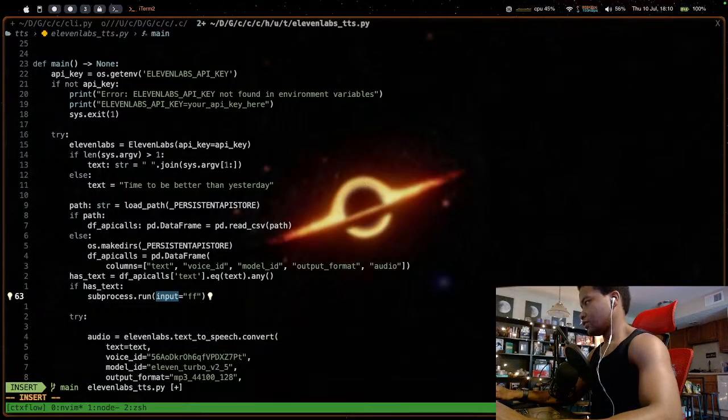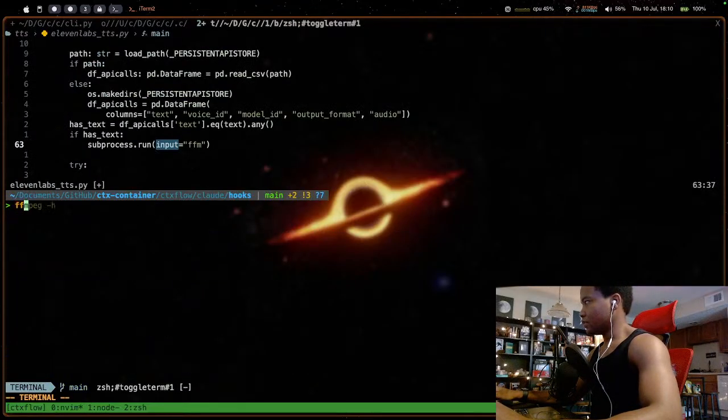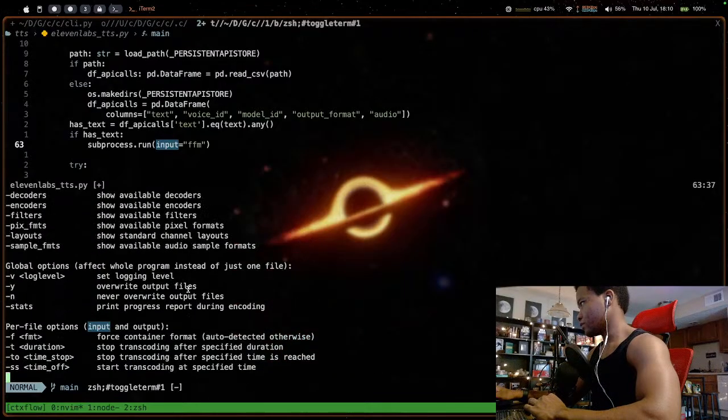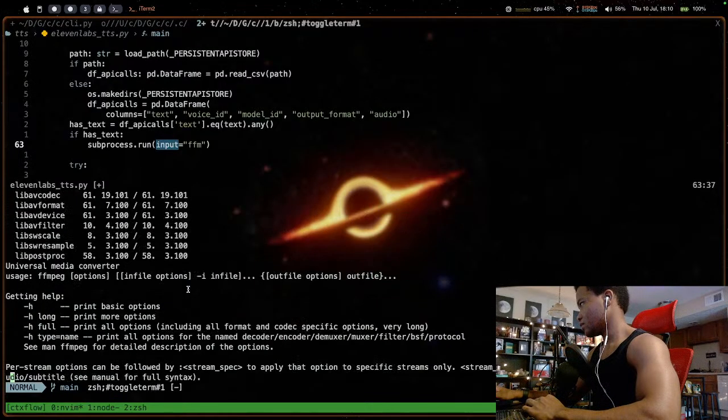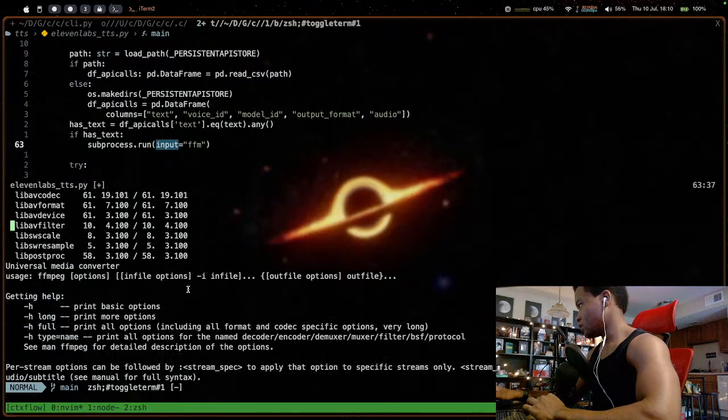So ffmpeg, what is it? ffmpeg. It's cross-platform with macOS and Linux. Absolutely wonderful help.